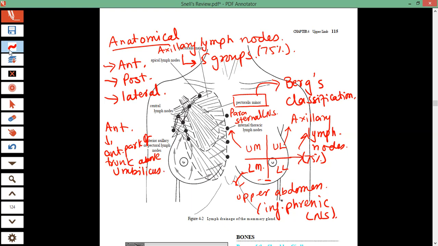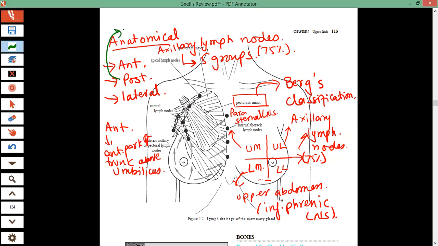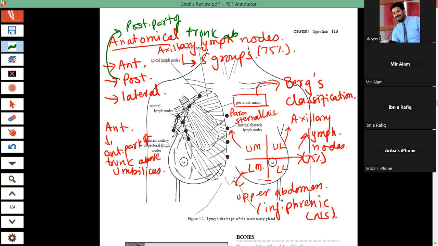Posterior is draining where? Posterior is draining from the posterior part of the trunk above the iliac crest. That is your posterior. Lateral is draining from your upper limb. Okay, these are your three groups of axillary lymph nodes: anterior, posterior, lateral. Anterior, please remember, in this